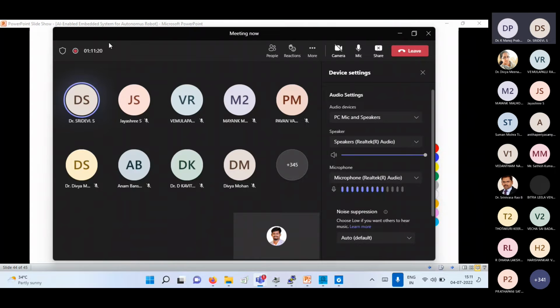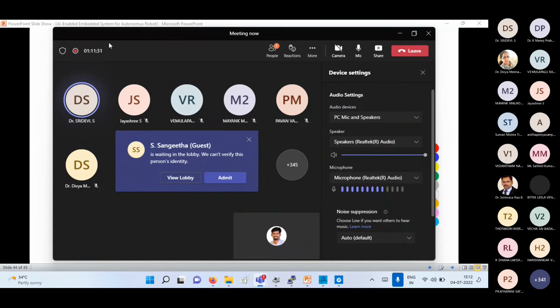In that case, what are the different publisher components, sir? It depends upon the application, ma'am.